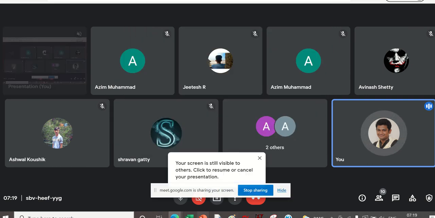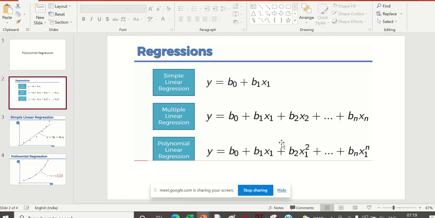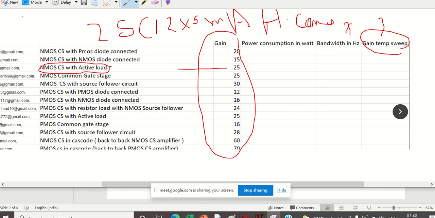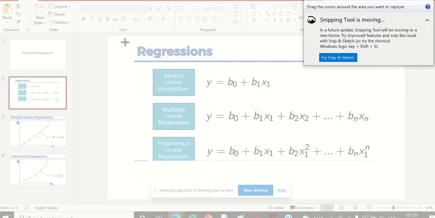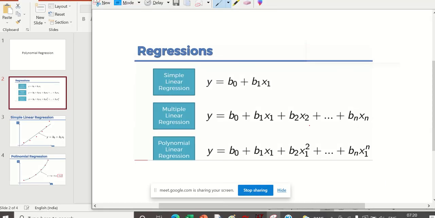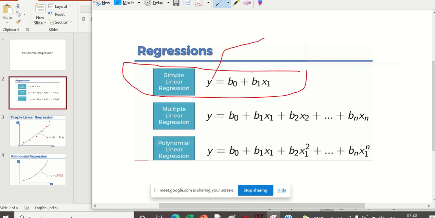So what we have seen today is these 2 algorithms. These all come under regression. What is simple linear regression? You have y which is dependent on x, and based on that it will create a line. This is the equation of a line, and that can have some offset also. It need not start from the origin, it can start from other points also.